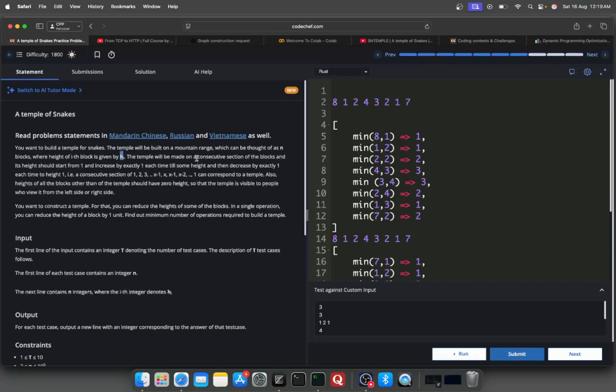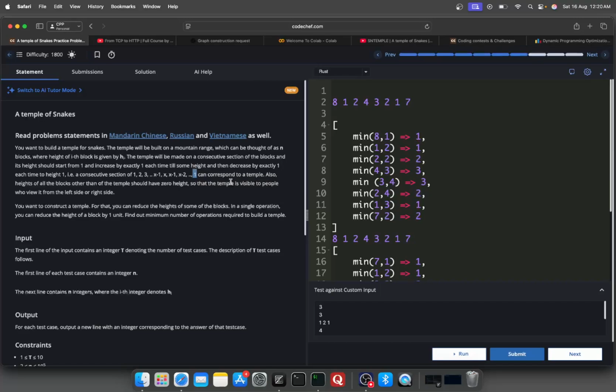The temple will be made on a consecutive section of the blocks, and its height should start from 1 and increase by exactly 1 each time till some height, and then decrease by exactly 1 each time till height 1. They give us an example as well. So, a consecutive section of 1, 2, 3 till x, then it starts decreasing till 1, can correspond to